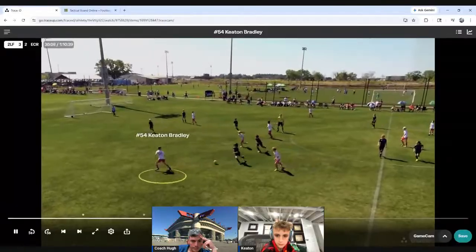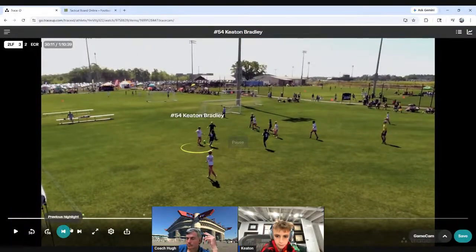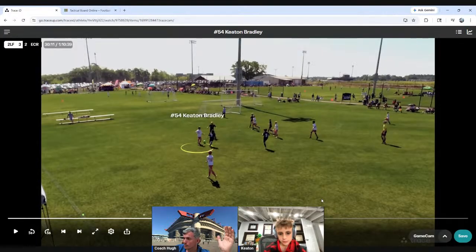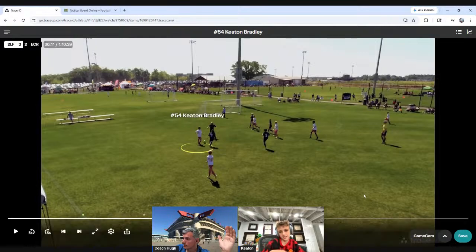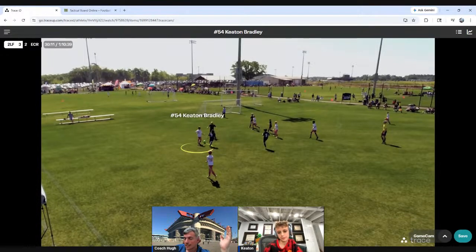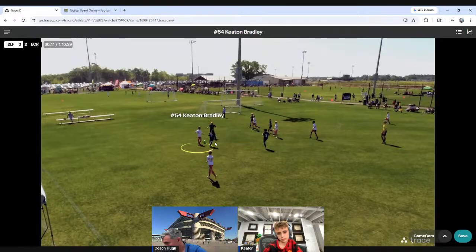Play it wide. Good. What are you going to do here? Go at him. Okay. Everything up until this point was great. Where's the space for you to dribble? Right there. To your right or to your left? Left. Yeah. If I were you, I would start practicing using my left foot. If you step outside the right of the ball, you can push it to the left. And now you've beaten this guy.